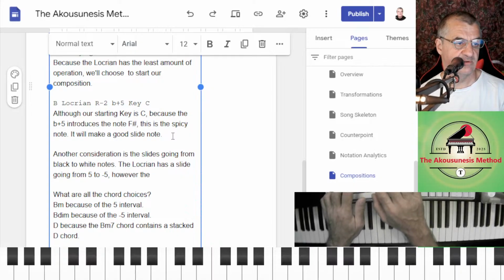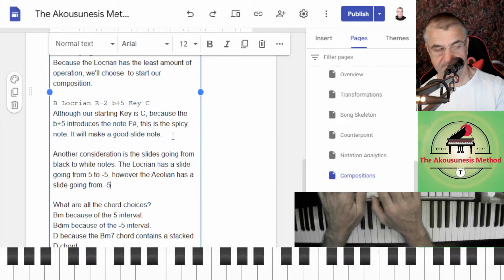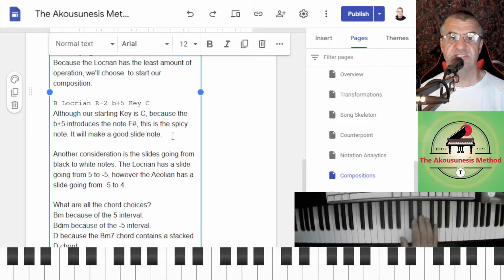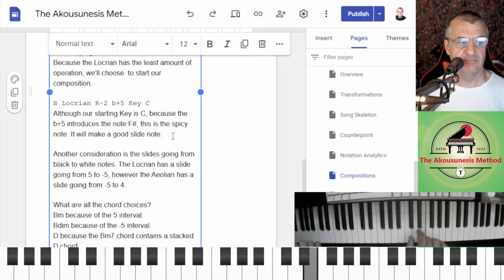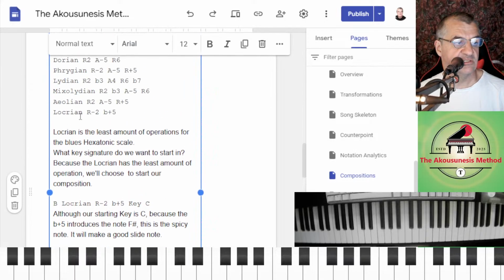However, the Aeolian has a slide going from -5 to 4, because the black notes are coming out of the key, right? If we chose Locrian or Aeolian, we're in the key of C on both of those. Right? So Locrian at least has the music.